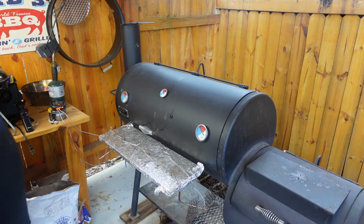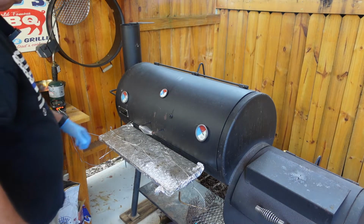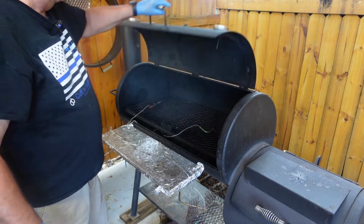Okay, well, I've got the brisket trimmed up. I've got the brisket seasoned, and I'm sworn to secrecy, so I can't tell you what that is. But